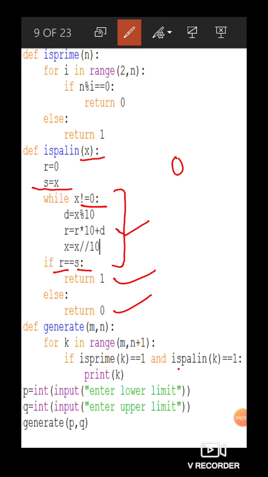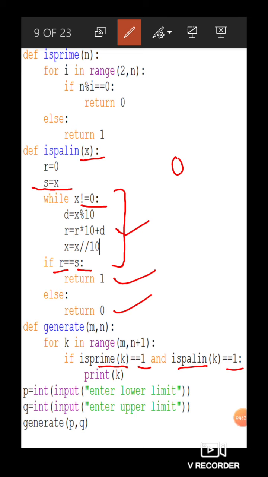Whatever we receive here will be compared against 1, and if found equal, then the condition will be true. In the same way, the prime function will be returning 1 or 0. If 1 is returned, that 1 will replace this function call statement and it will be compared against 1.